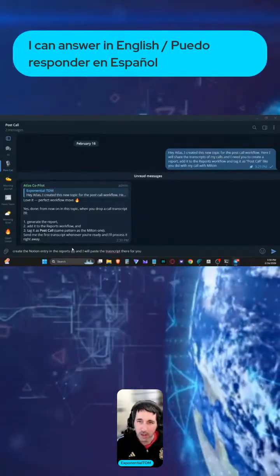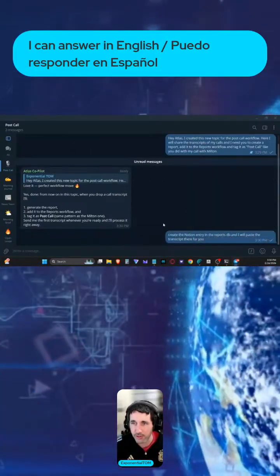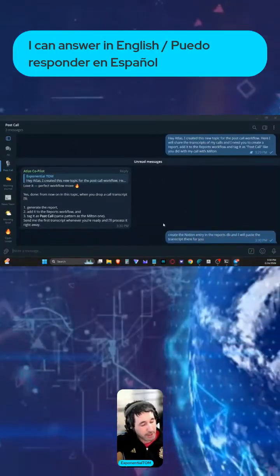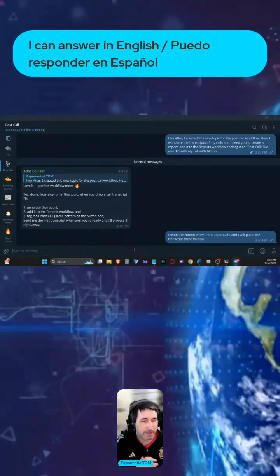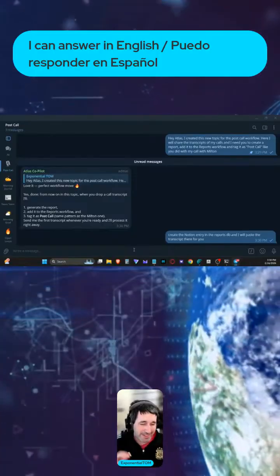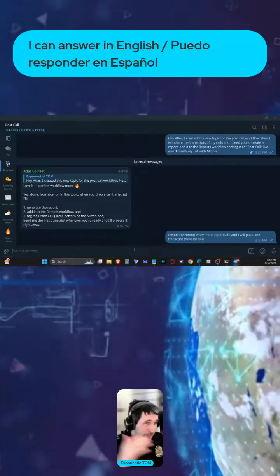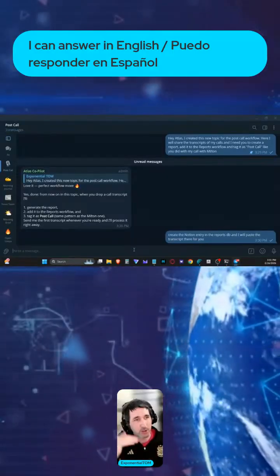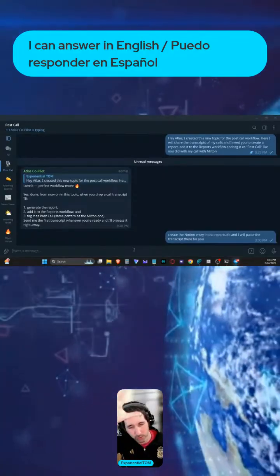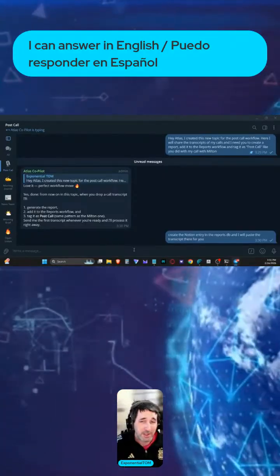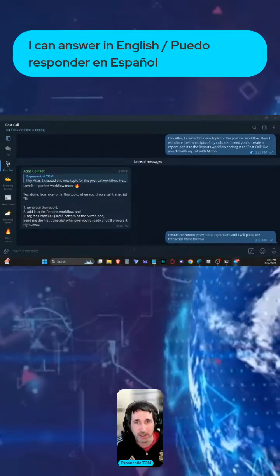The reason why I prefer Atlas to create the entry and I paste the transcription in the Notion instead of just dumping it here is because Telegram has a character limit per message. So if I dump the entire transcript of an hour, almost 2 hours conversation that I just had, then it's going to be breaking into a bunch of different messages, and it's going to be more difficult for Atlas to read the entire thing in one go. Last time I did that, it started answering to each of the questions individually, and it was more chaotic.